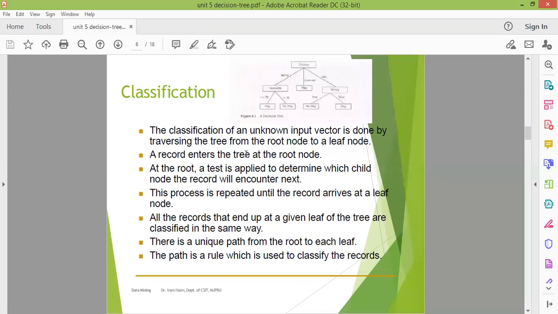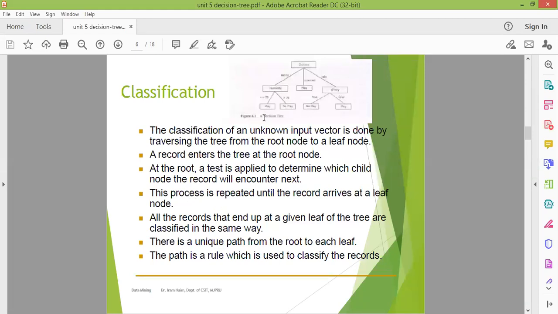A record enters at the root node. Whenever you are testing the data, the record will start from the root node. At the root node, a test is applied to determine which child node the record will encounter next. So depending upon the root node, it will decide which branch you have to choose and go to the next one. The process is repeated until the record arrives at the leaf node.